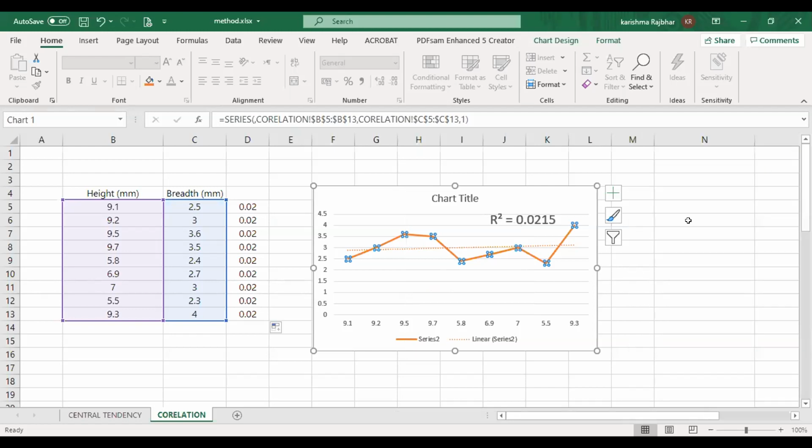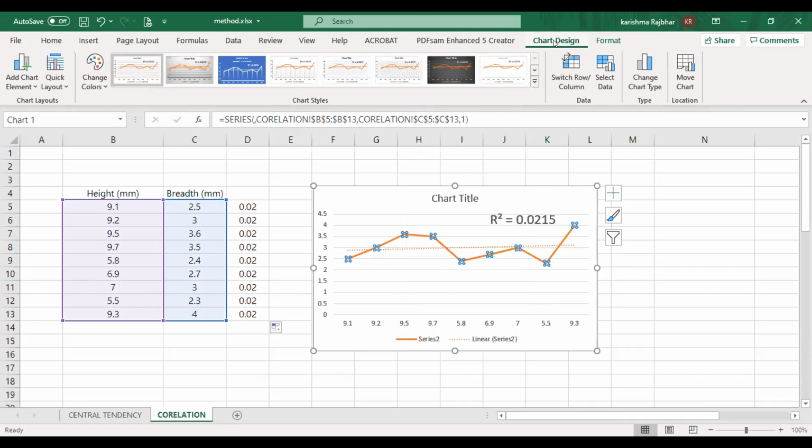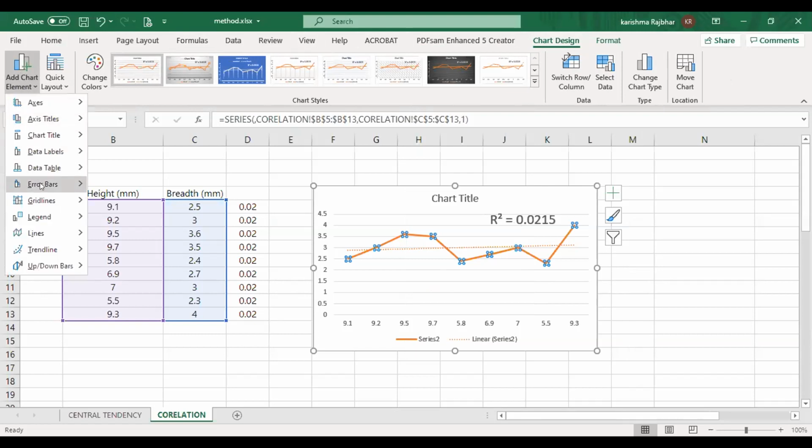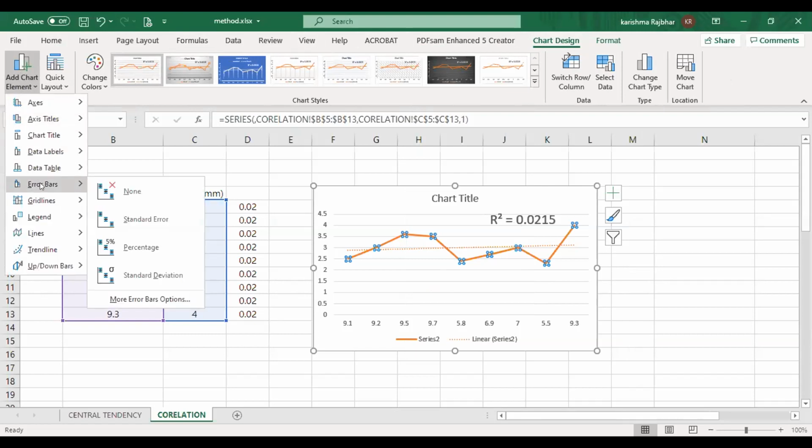Okay, this is one option. Another option is selecting this. There is a Chart Design option. In there, you can go to Add Chart Element, and in that you get an error bar. Now, the error bar can be of different types, because it can be percentage based, standard deviation, or a calculated computational error also. So I am giving a standard deviation because I have gotten my SD.